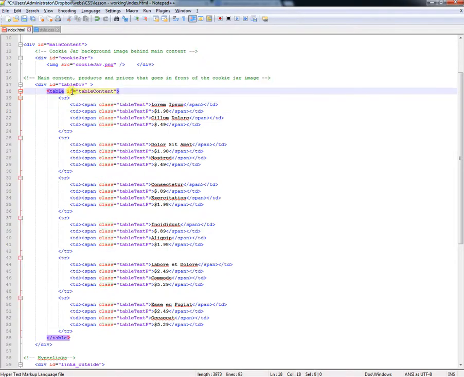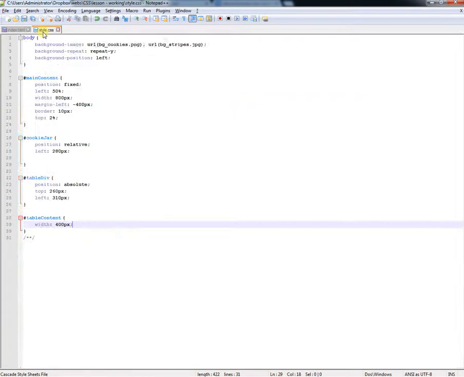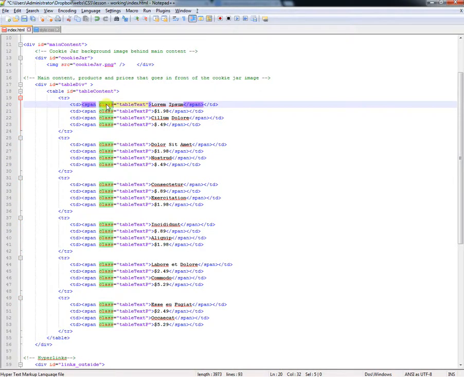So both ID, so in ID it links it to the CSS sheet, okay, and class also does the same thing. It links it to the CSS sheet. What's the difference between ID and class? I don't remember, to tell you honestly. Anyways, so class text. So we want to sort all of these ones to right justified, okay, and they're all